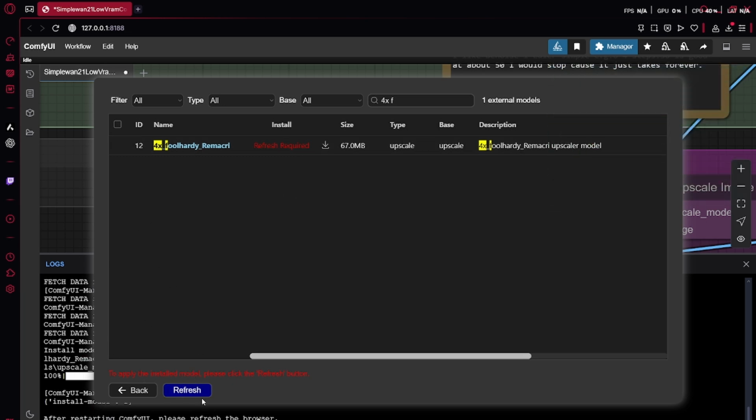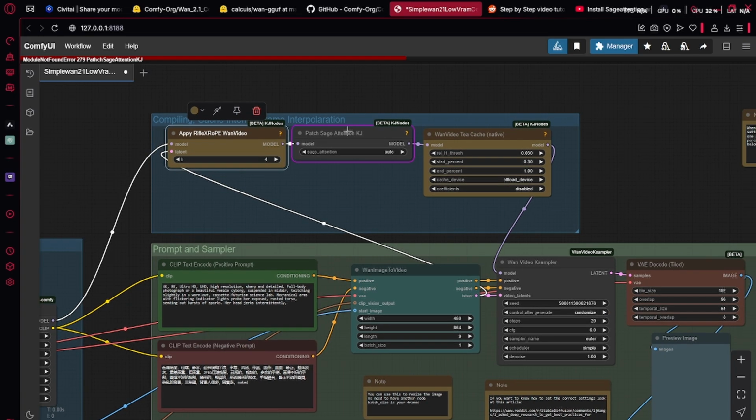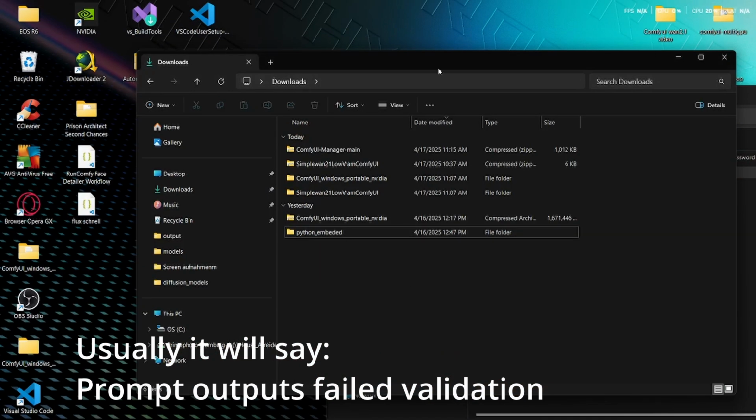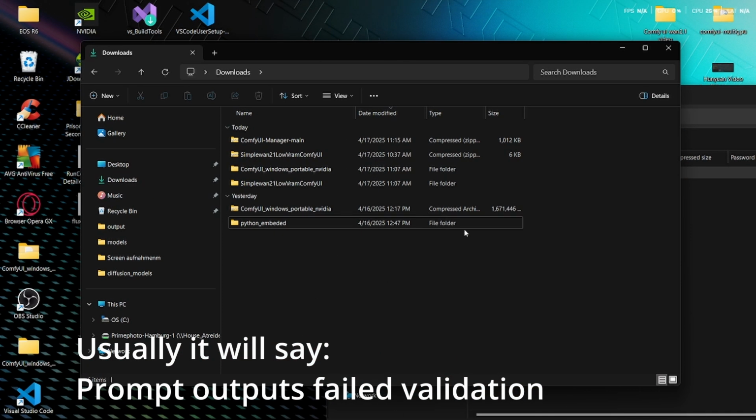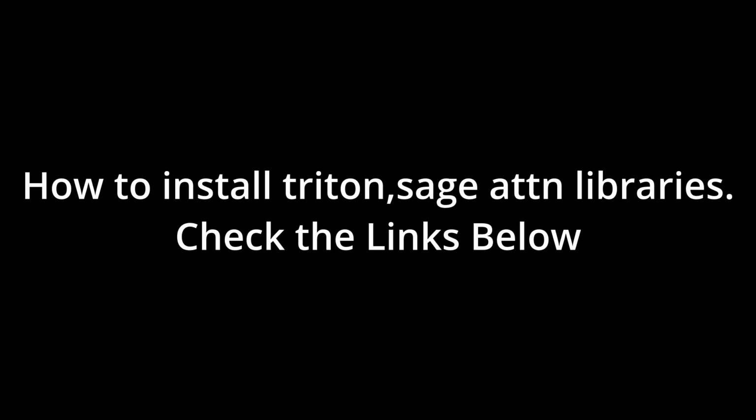And after refreshing, there we go. If you try to make something now, for example, it would just stop right here because of Patch Sageattn, you don't have Sageattn. Now, it's quite difficult. Python environments in general are quite difficult to understand, especially for someone who has no coding background or knowledge in computers at all. So, because I'm trying to actually finish this video,